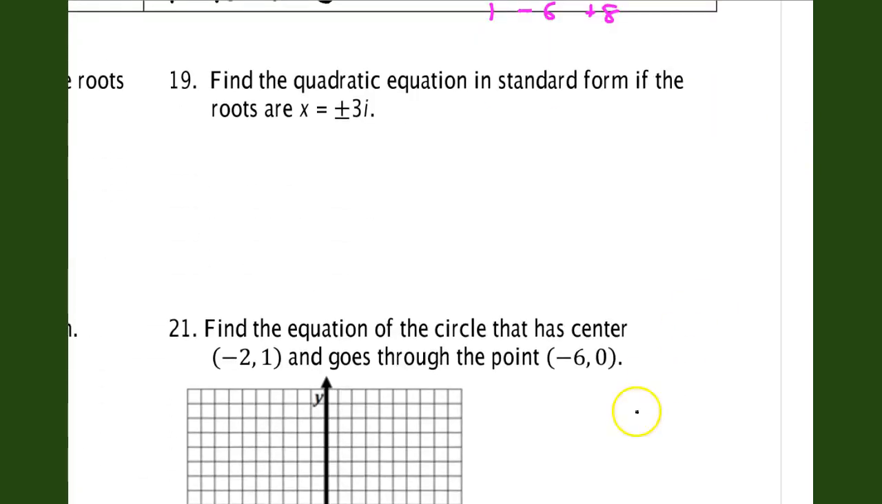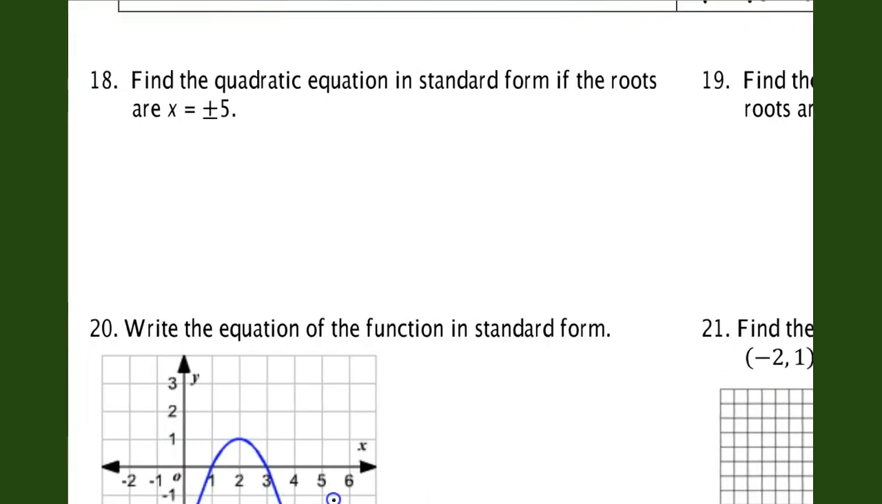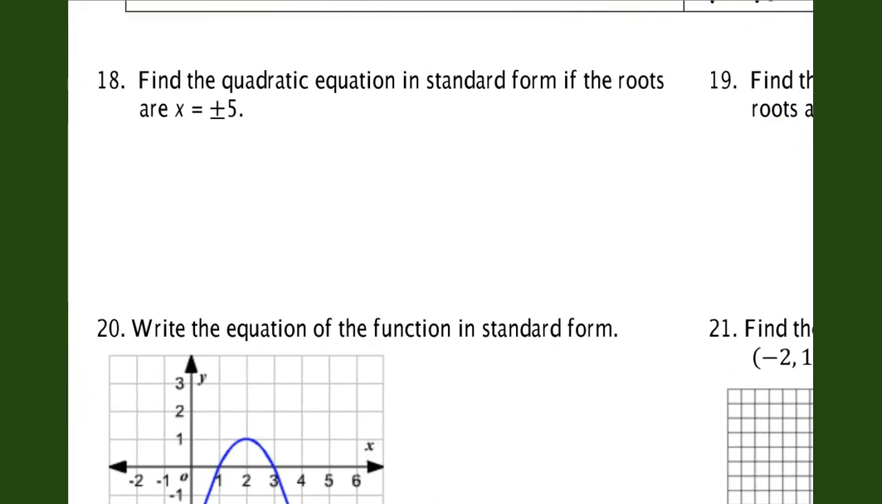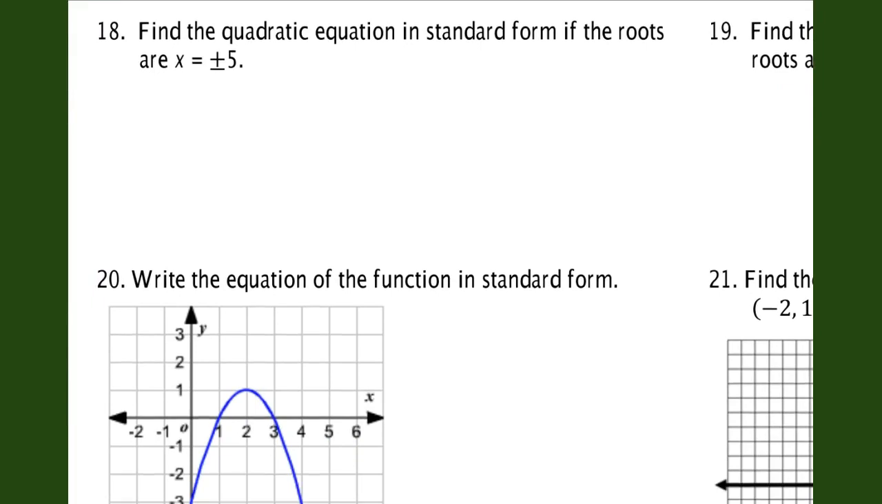All right, let's look at number 18. If we have roots that are plus or minus 5, that means we have done the process and we know that one answer equals 5, another answer equals -5. How can we find the equation in standard form? All right, so what we'll do